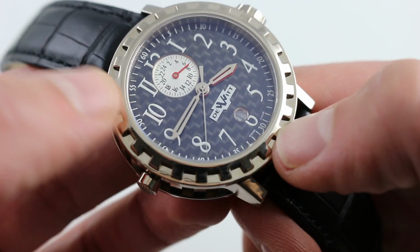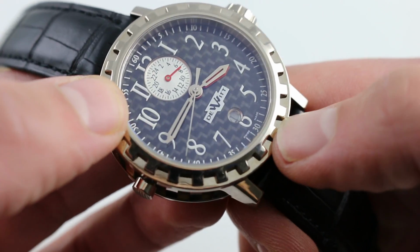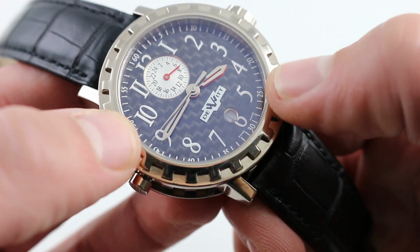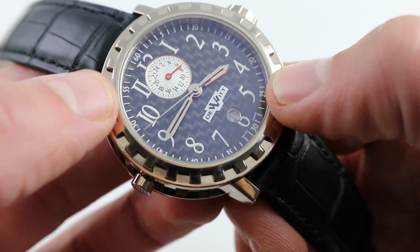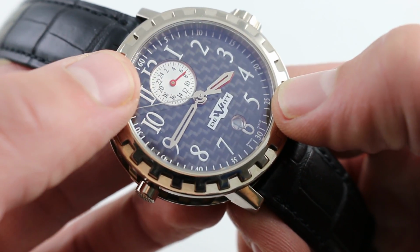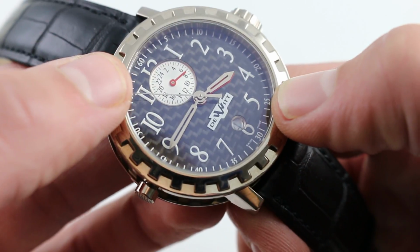And the carbon fiber dial is remarkable because it does have a little bit of a 3D effect to it. It seems to be submerged deep below those lacquered numerals, creating almost the appearance that you're staring into the dial rather than at it. Now you can see there is a 24-hour subdial with a red baton hand at 12,